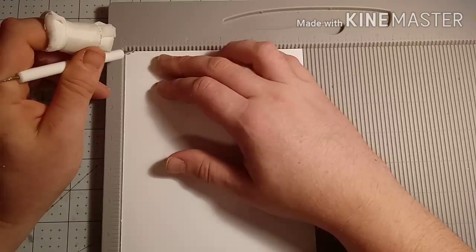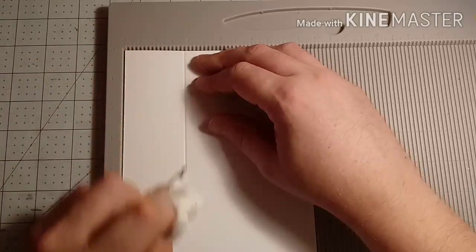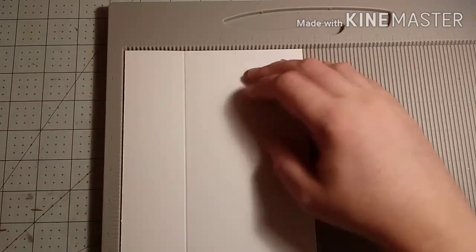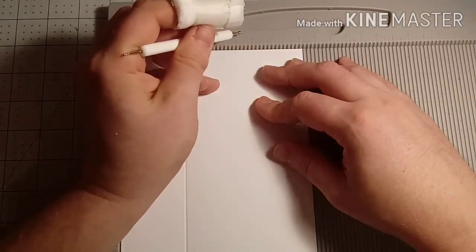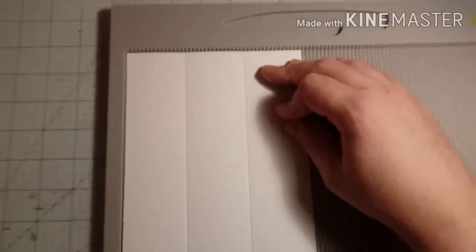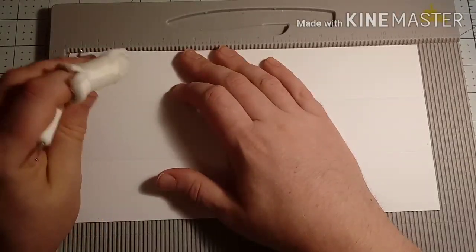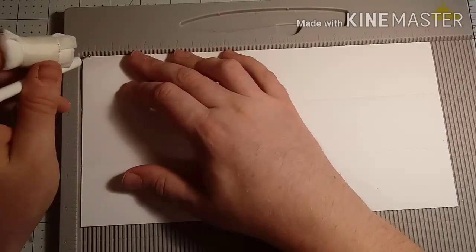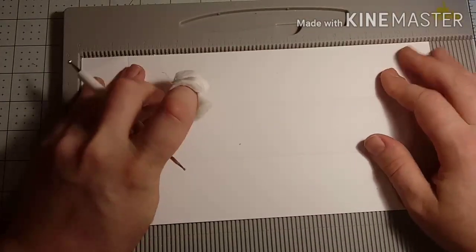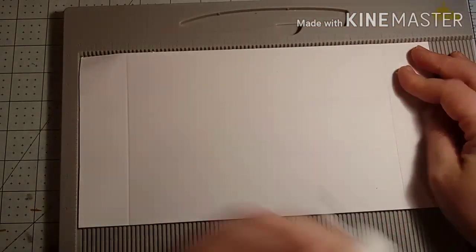So we're going to score right now at 1 7/8 inches. And this is for the base of the box. Lid we're going to do in just a moment. 1 7/8. We're also going to score it 3 3/4. And this is a tricky part for me. I just cannot seem to get it right no matter what. So what I'm going to do is score it 1 1/2 inches. And again 9 1/2 inches, which will be the same way I do on the lid part, for at least